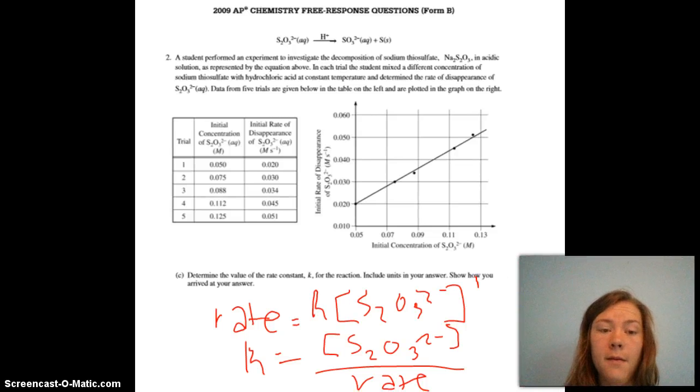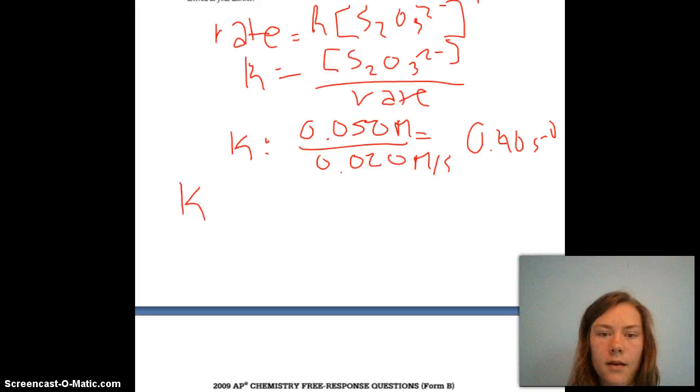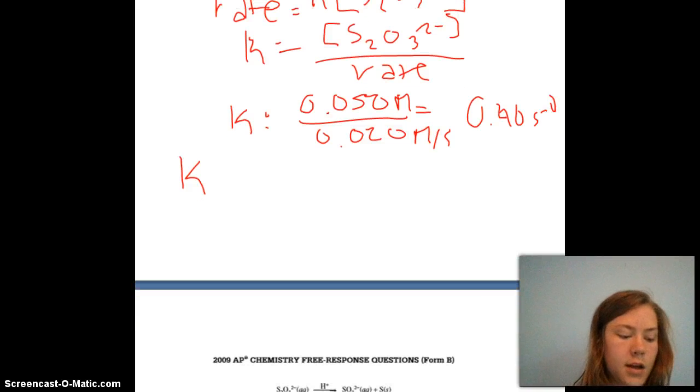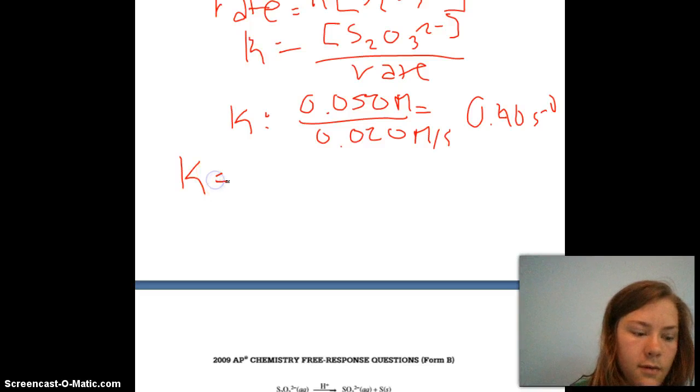I'm just going to use information from trial 1 and trial 5. So back down here again, we have the change in distance. So K equals the